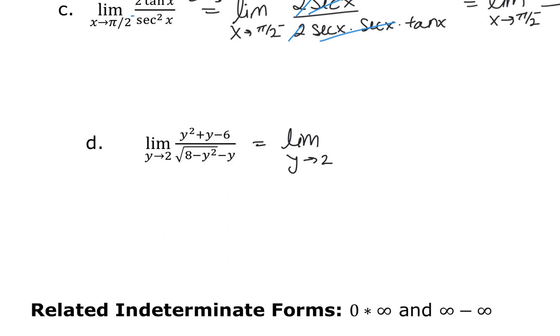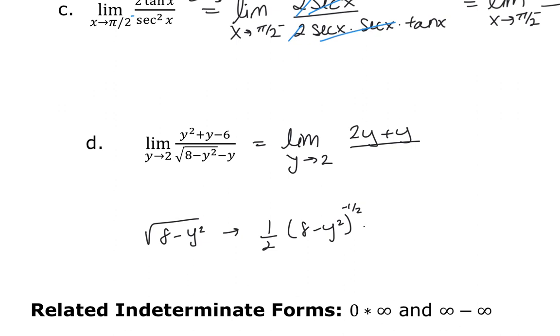The derivative of the numerator is just going to be 2y plus y, and then the derivative of the denominator, well, remember I'm doing the square root of 8 minus y squared. That derivative is going to be 1/2 times 8 minus y squared raised to the negative 1/2, multiplied by a negative 2y. Just that portion of it. So I'm going to have 1 over 2 multiplied by, I'm going to write this as 1 over,